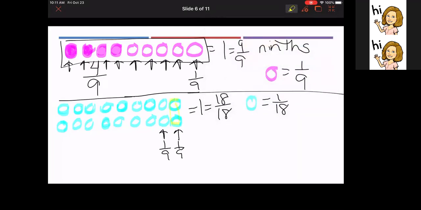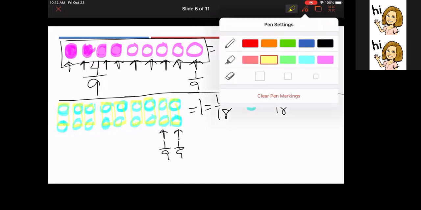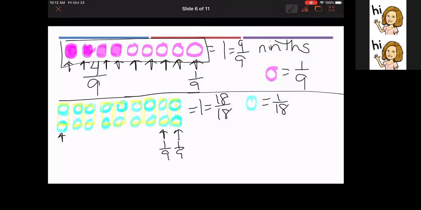All right. 1, 2, 3, 4, 5, 6, 7, 8, 9. I have cut my set. I have partitioned my whole into 9 equal pieces, right? So each column now is called 1/9. I have 9 of them, 9 equal partitions. And now I wanted to show 4 of them. So here's my 4. 1/9 is one column, 2/9, 3/9, and 4/9. So right here